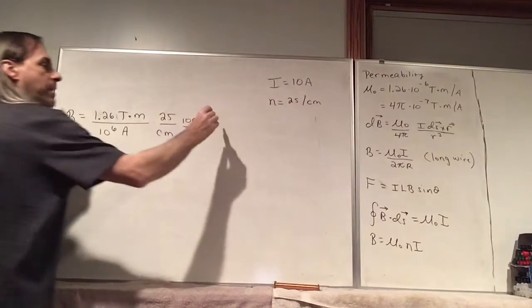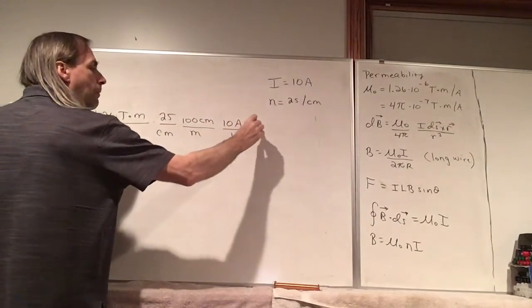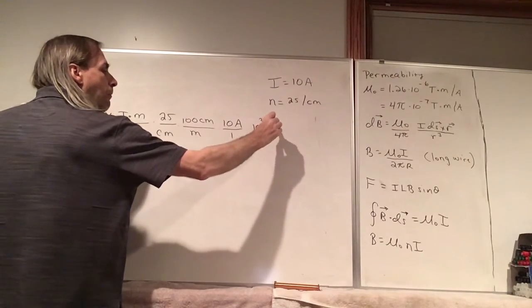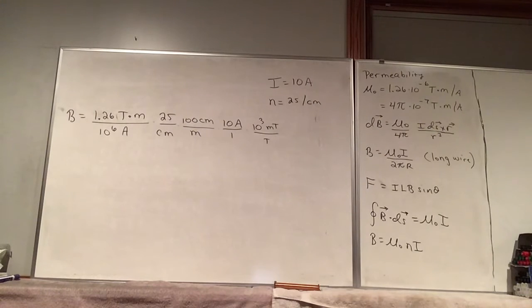And then the current is 10 amps. And let's say there are 1,000 milliteslas in a Tesla. And then this is a very easy calculation